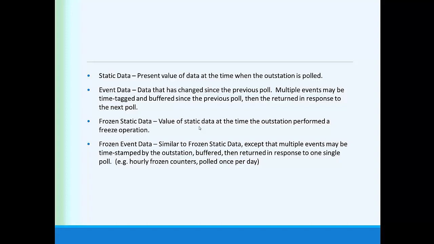Frozen static data, you can imagine, we've talked about frozen counters at this point. Basically, you've got the running counter, which updates in real time, and you've got the frozen counter, which is a snapshot of the rolling counter at the time that the freeze was ordered. And frozen event data is very handy because, if events occur between polls, let's say you don't have a continuous communication with a particularly small unit substation, and you connect to that substation once an hour with a cellular modem that has to dial a number, establish a connection, get information that's of interest, and then disconnect. So frozen event data